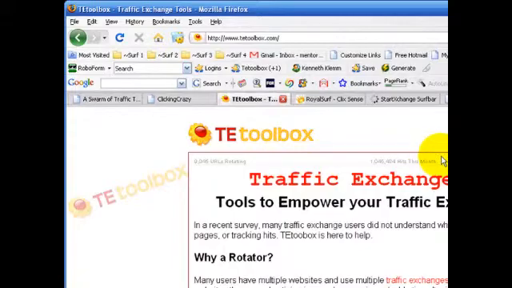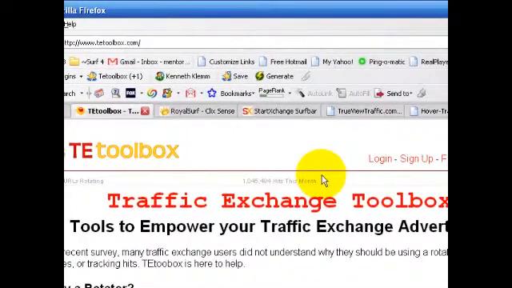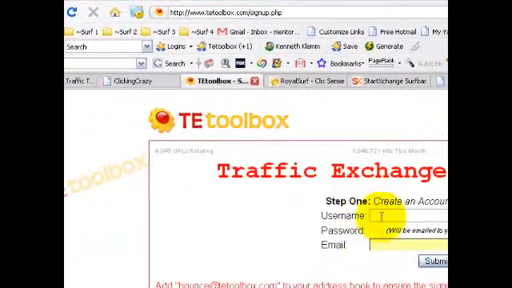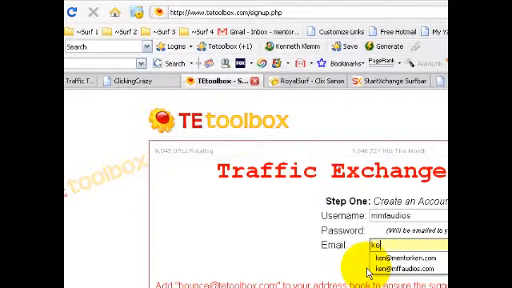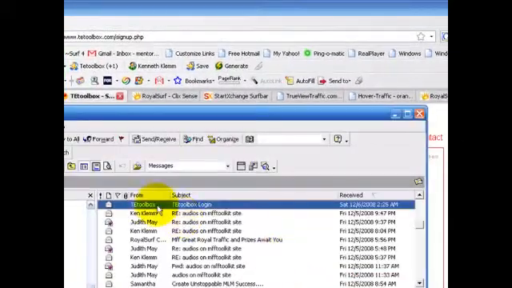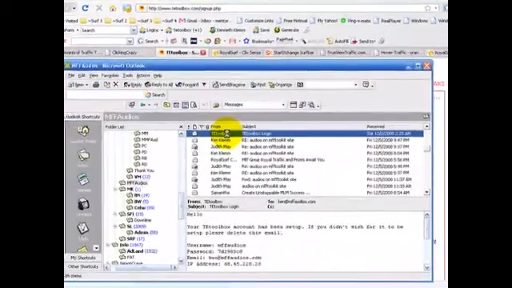Meanwhile, to sign up for TE Toolbox, you just go to tetoolbox.com, www.tetoolbox.com, click the sign up link, and then of course you create an account, you type in a username, and they say the password will be emailed to you. You've got to give them your email address and click submit. And you check your email to get the password,